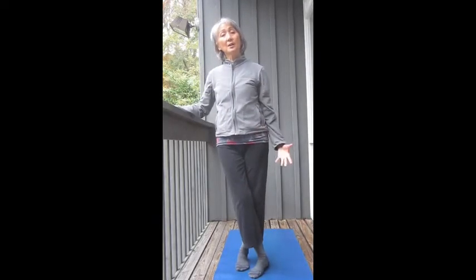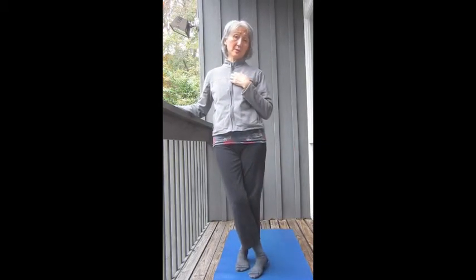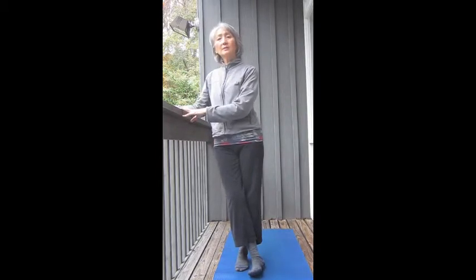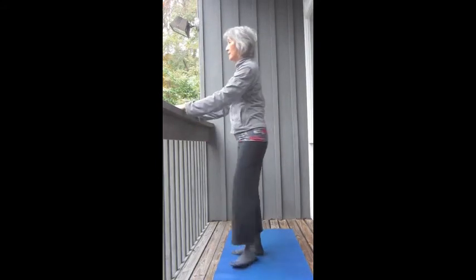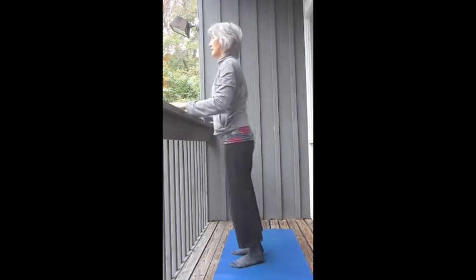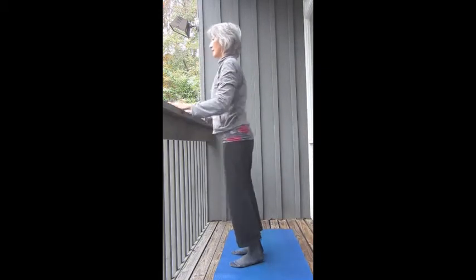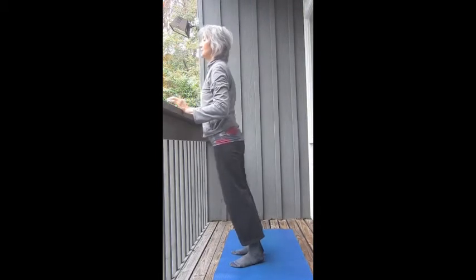Today I'm going to teach you how to use movement to help your scoliosis. I have scoliosis, and these are the things that I do whenever I go out on a walk or at home. Things that you can do to help yourself. For instance, here while I'm on the rail, you can help your spine by opening the front and stretching the back. So just gentle movement